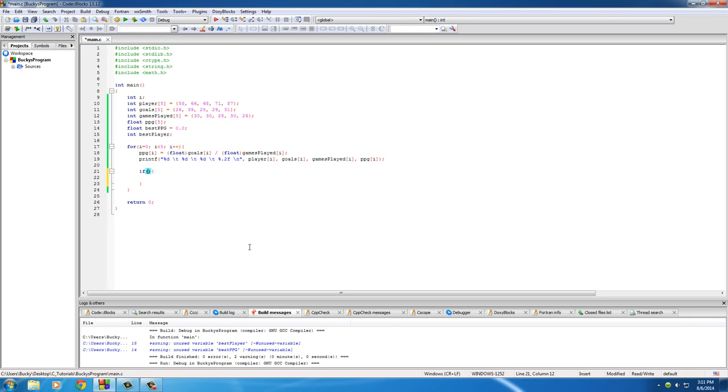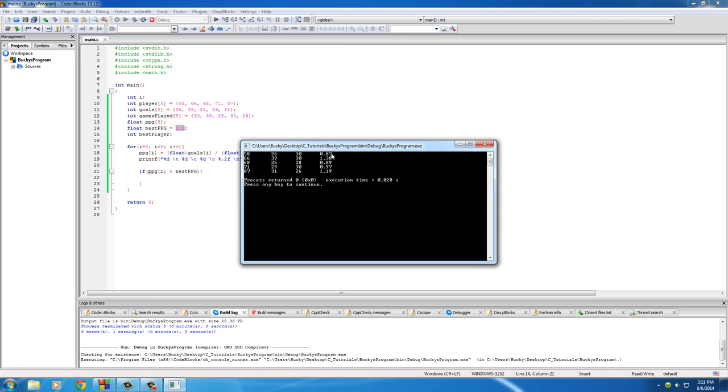So of course, we get the best player based on their points per game. So we'll say that if points per game for whatever player you're currently looping through is greater than the best points per game, and again, this is going to say, okay, the first time, we'll say that the first player is the best, since by default it's 0. And then every other time,